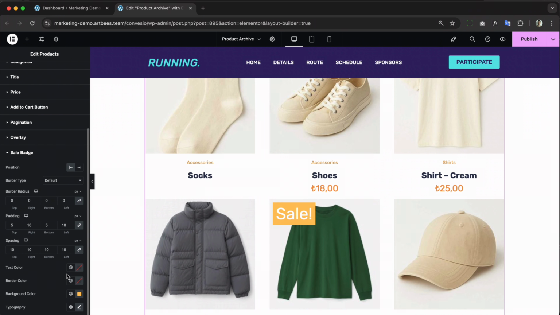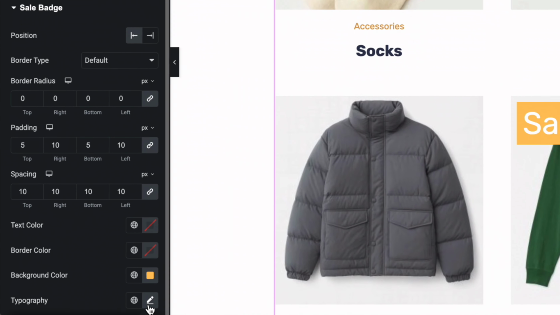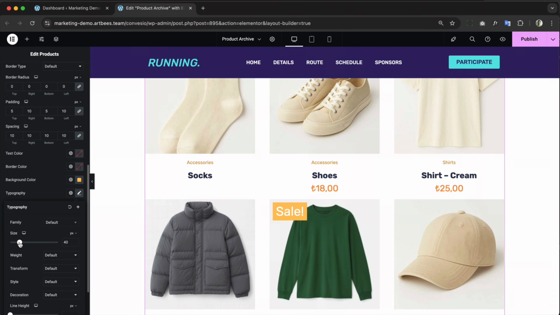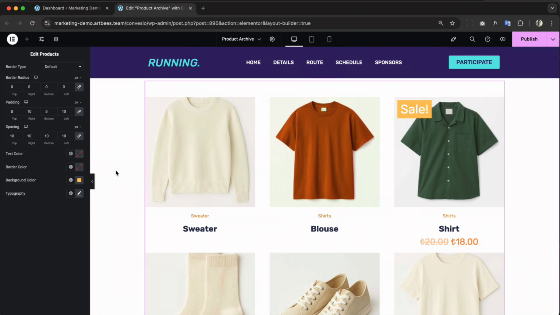And also it's a little bit too big, and I'm gonna try the typography section and change the size to a smaller one. All right, we have changed the layout, design, and the complete look of our product grid.